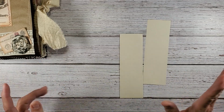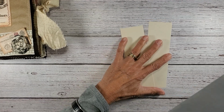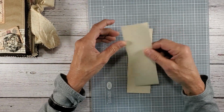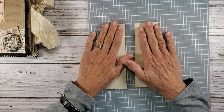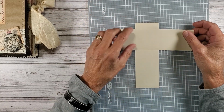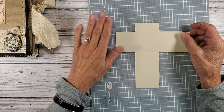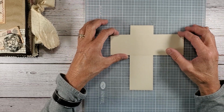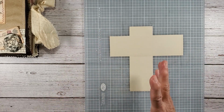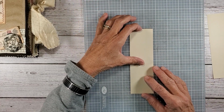And I did it in my other book with the Queen, with Queen Elizabeth, to commemorate her life and her passing. And I just thought I would try, I want to weave with this one strip here. Now I'm not going to add any color. Maybe a little different brown. I don't know. I'm going to have to look to see what I have in my scrap pile. If I don't like the way this looks, where it looks just like a regular pattern, I will add some color to it, but I want to get started